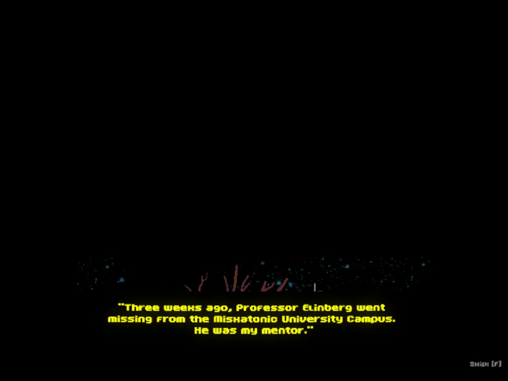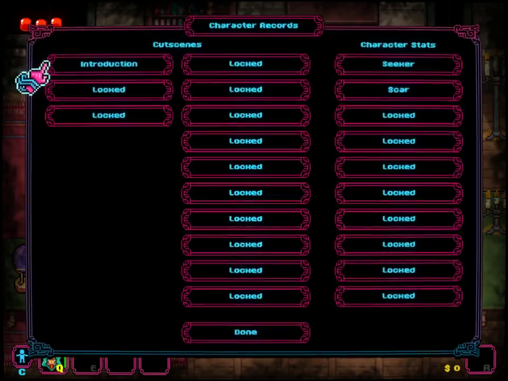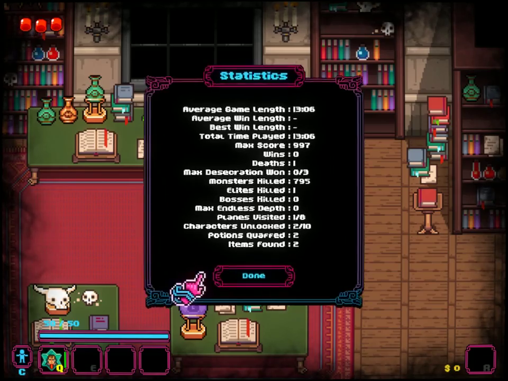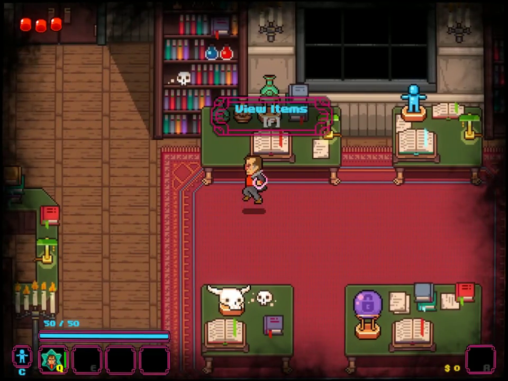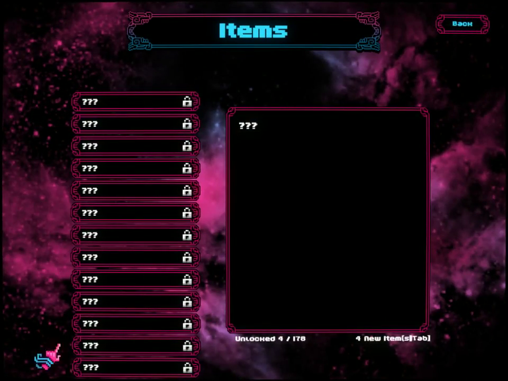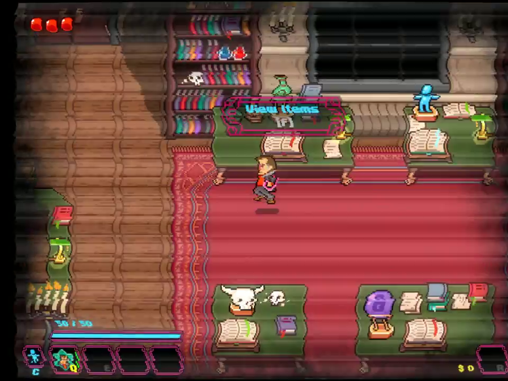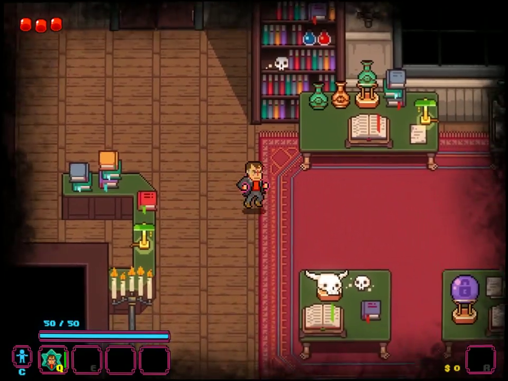That is... No. No, that is not what I want... There we go. That's the button that gets you out of there. So we can view, I guess, just all the stats, and there's a library of items that I can discover. Okay, interesting, but not...